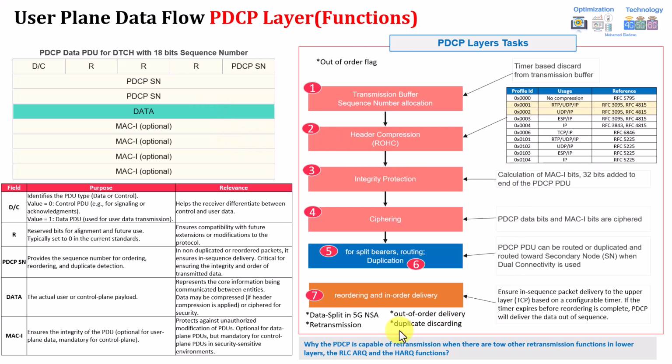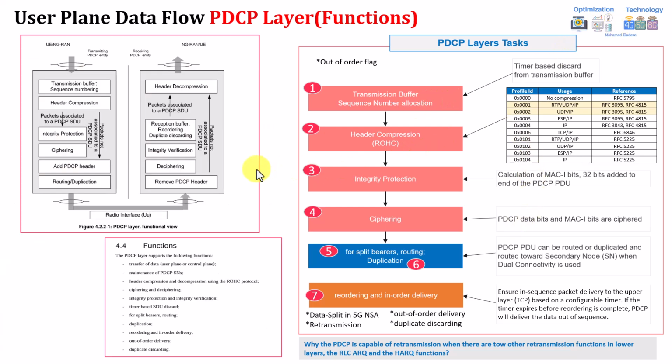And here, this is just a high level overview of the functions which can be present. We'll go through each one of them in the next slides. So let's move to the next slide and see what we have. Here, I just quoted in the left figure the figure from the 3GPP and also the function. The bottom left and the top left are the functions of the transmitter and receiver. And if you look into it, you will find that it's exactly the same.